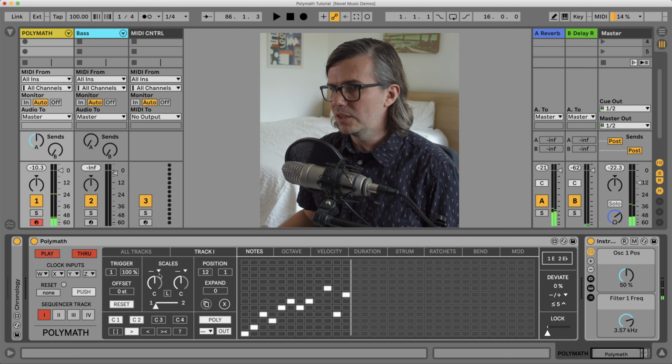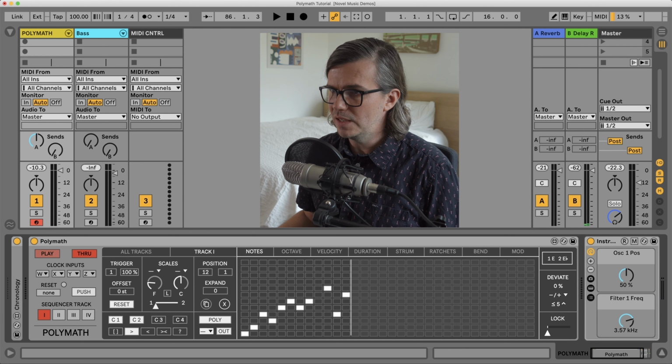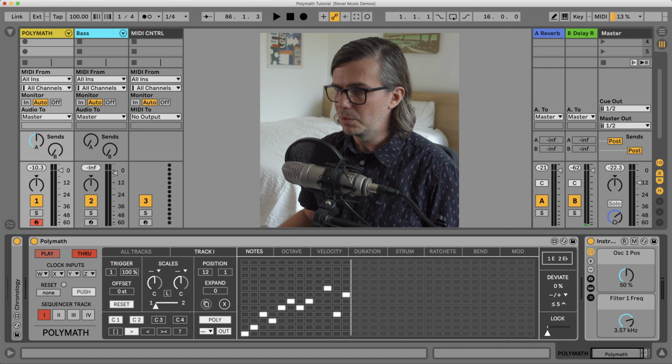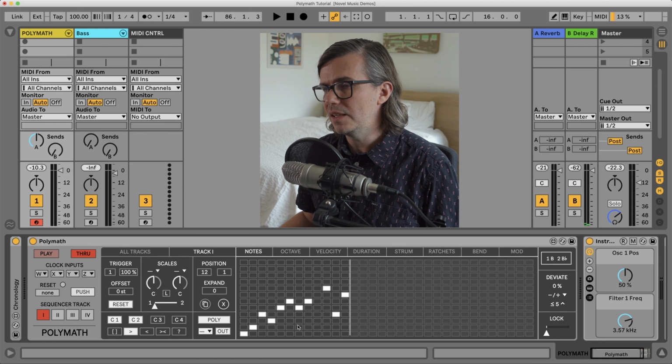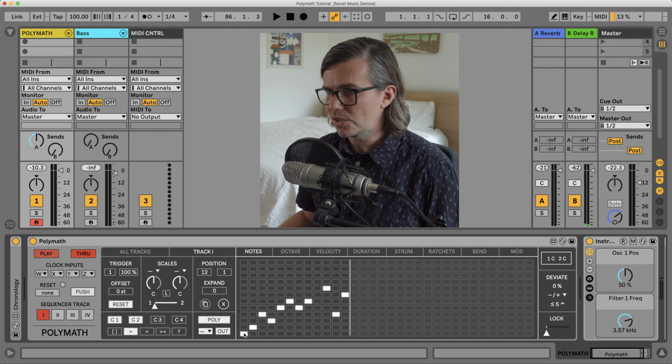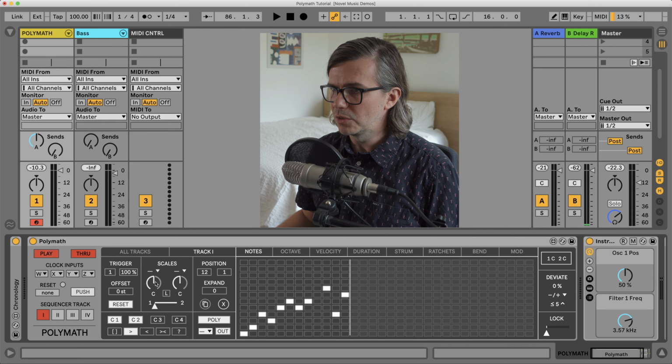Next thing to look at here are these offsets for the scale. So the current scale is C major. I have the notes C, D, E, F, G, A, and B available to me, and I can have the sequence start on a different lowest note. This is what this means. Where does it start? It starts on C by default here, but if I move it to A,